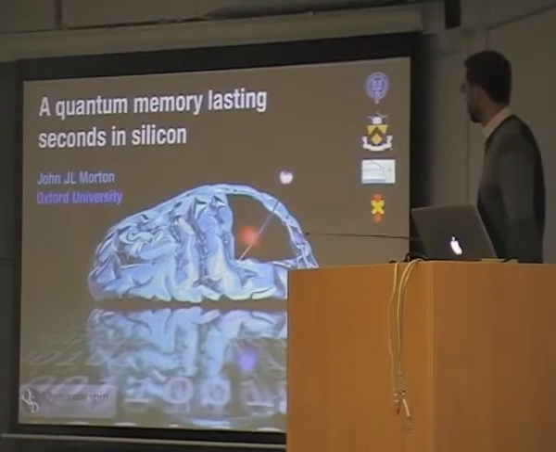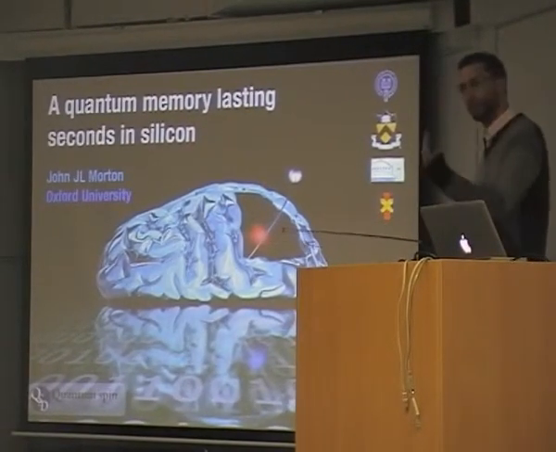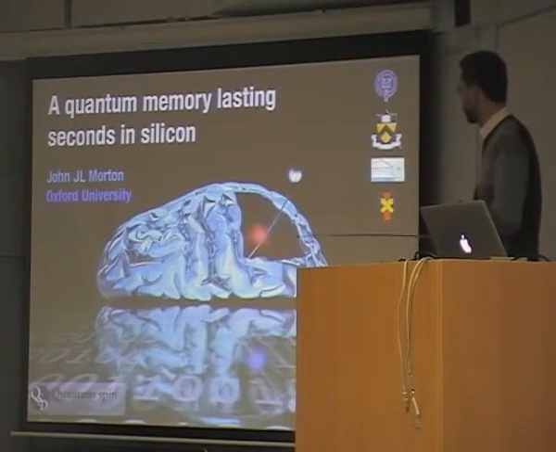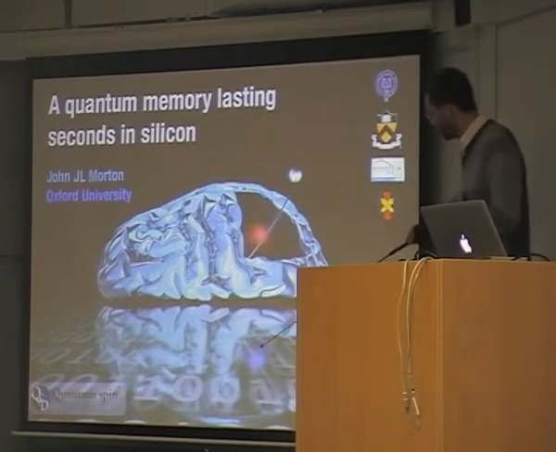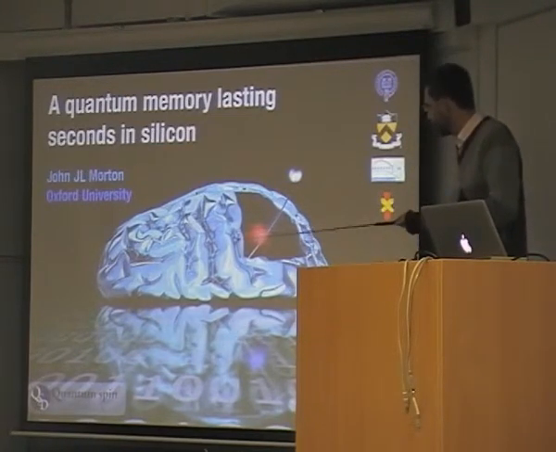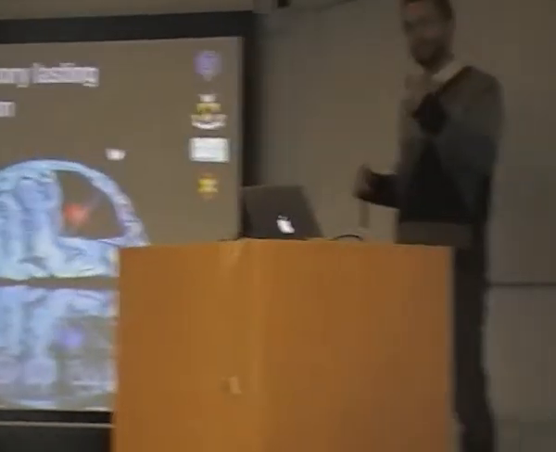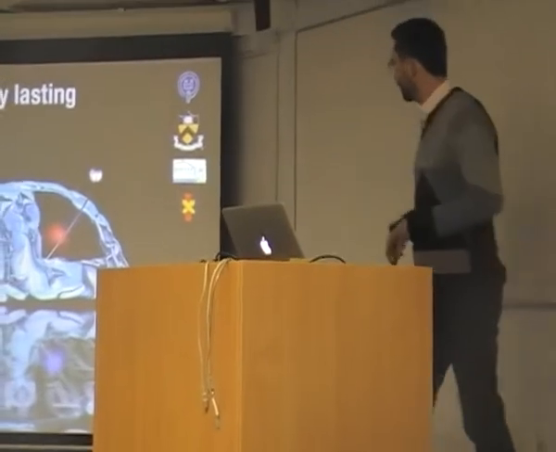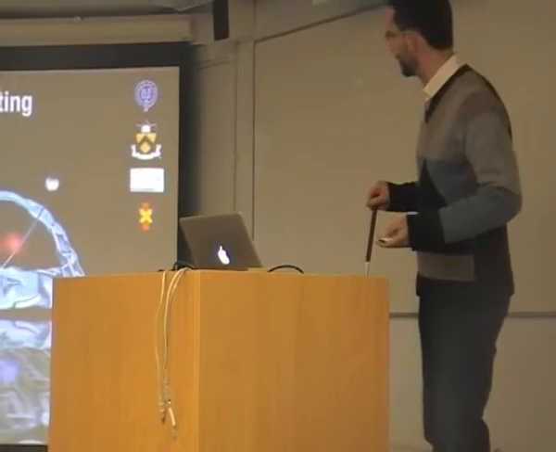It's a phosphorus donor in silicon, and that has a nucleus that has spin. We can use that to represent information, and it also has a bound electron, which also has spin and can be used to represent information. And as you can see, there's a superposition of the different nuclear states, and that demonstrates representing quantum information. So I'll be describing the work in a little bit more detail than this figure would indicate